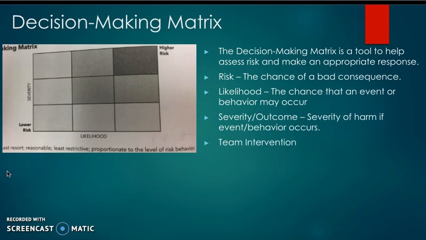In these situations, when we are at our higher risk, possibly even our medium risk behaviors, we're looking at using a team intervention. A team intervention is used for safety, professionalism, and litigation. The team leader would be the first person that is on the scene. They would be the person that has the best rapport with the student and is going to be the most likely to de-escalate that student in the moment. So team intervention is a major part in the decision-making matrix, and it's what we use to combat any problems